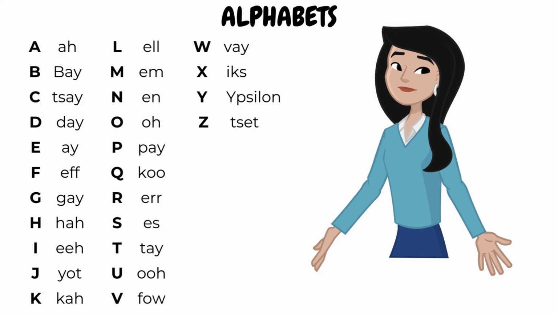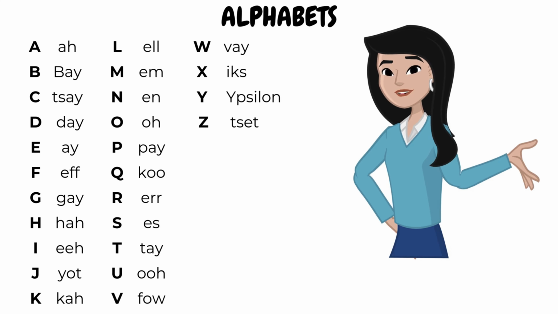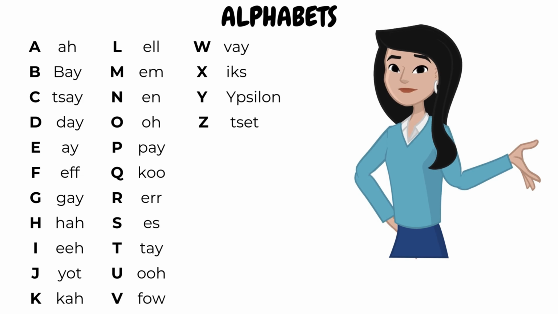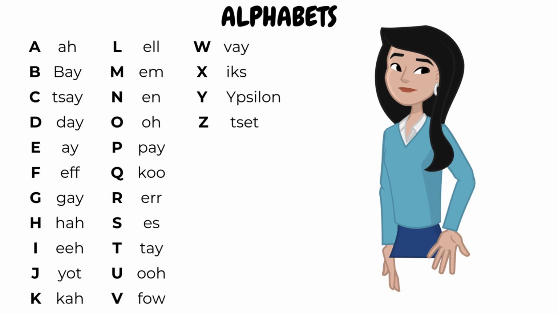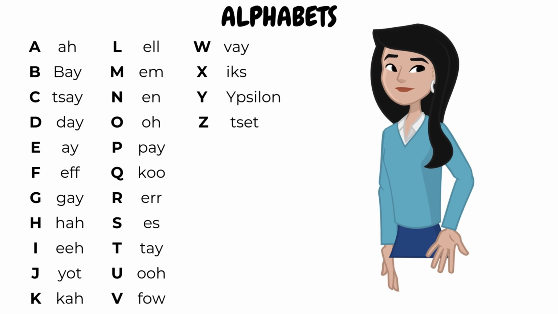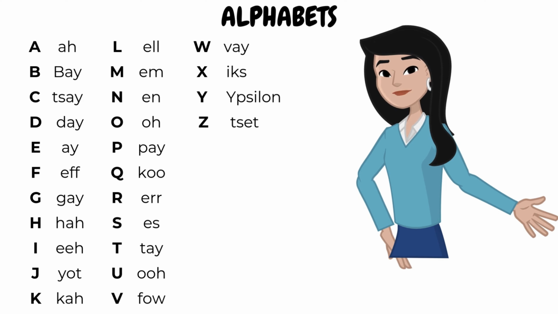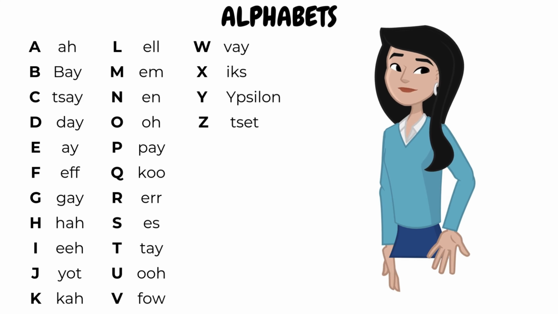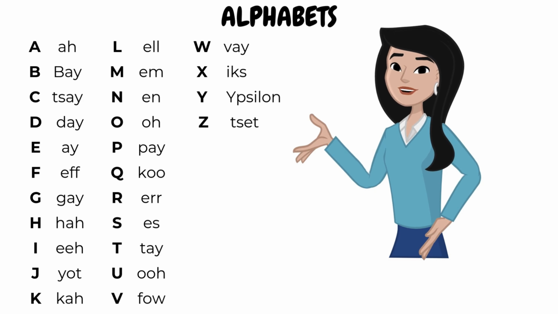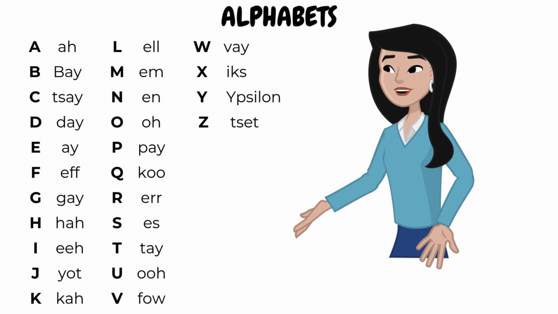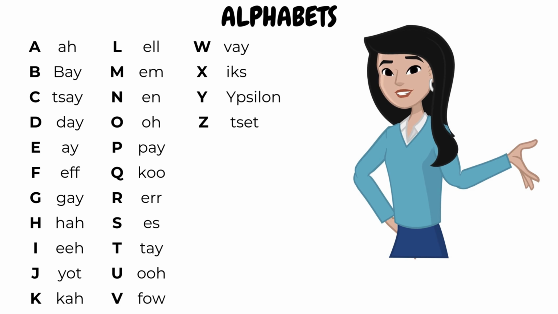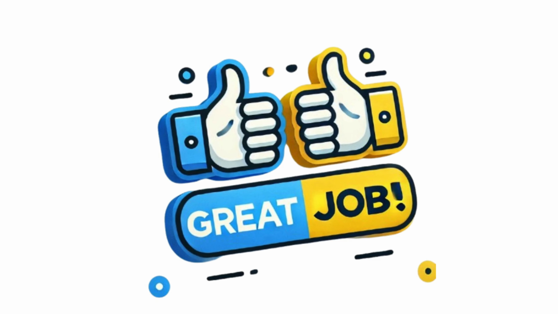One more time. Set. Let's repeat all the characters again one last time. Bay, say, day, eh, ef, gay, ha, ee, yacht, ka, L, M, N, O, pay, ku, S, te, U, fau, ve, ix, upsilon, set. Now that you know the basic German alphabets, let's spice things up with some unique letters